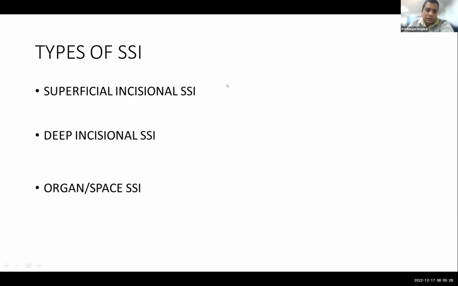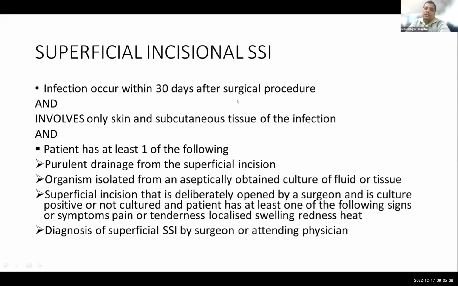Types of surgical site infection: superficial incisional surgical site infection, deep incisional surgical site infection, and organ or space surgical site infection. Superficial incisional surgical site infection: infection occurs within 30 days after surgical procedure and involves only skin and subcutaneous tissue of the incision. And the patient has at least one of the following: purulent discharge from the superficial incision, organism isolated from an aseptically